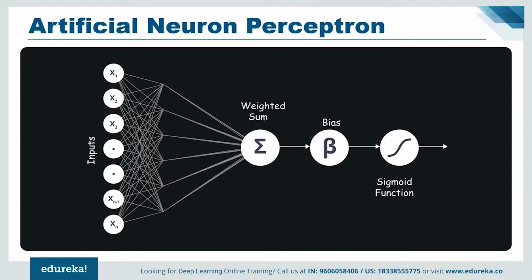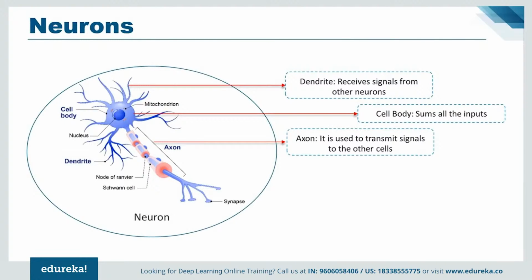Well, deep learning uses the concept of artificial neurons that function in a similar manner as the biological neurons present in our brain. Therefore, we can say that deep learning is a subfield of machine learning concerned with algorithms inspired by the structure and function of the brain called artificial neural networks. Now let us understand the functionality of the biological neuron and how we mimic this functionality in the perceptron or an artificial neuron. If we focus on the structure of a biological neuron, it has dendrites, which are used to receive the inputs. These inputs are summed in a cell body, and using the axon it is passed on to the next biological neuron as shown in the above image.